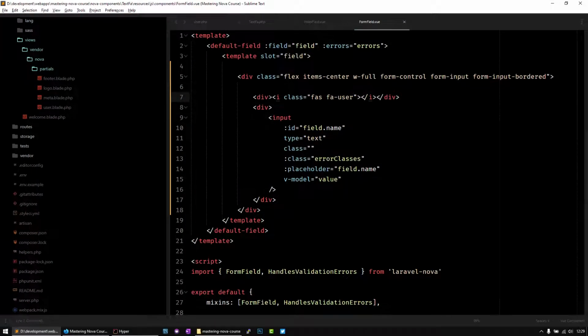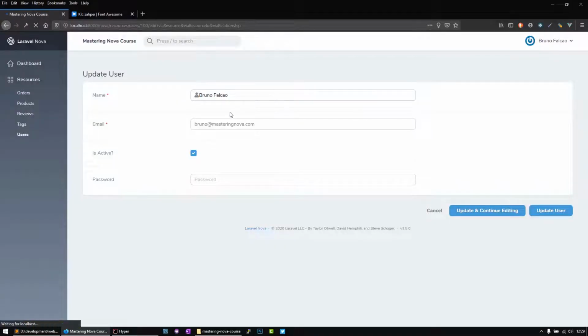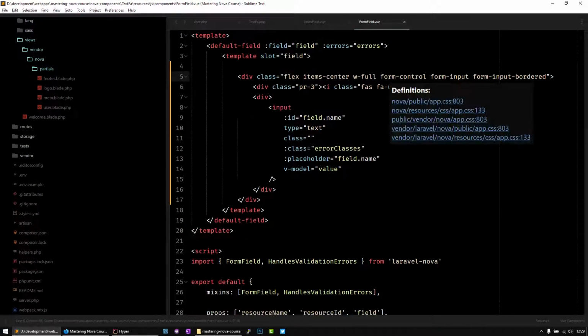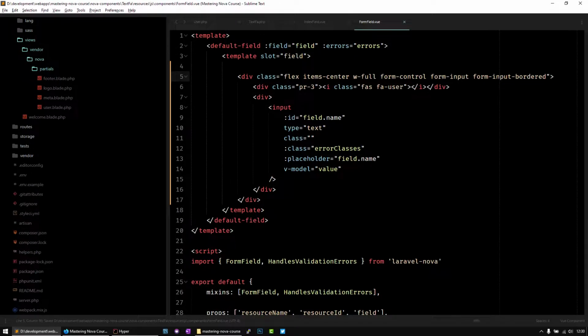Now let's give it a bit of padding. Class PR3. Yeah, good. So the icon and the text are exactly as we want. And we now need to make it dynamic. In this case, we are going to do two things. First of all, we just want this div in case there is actually an icon to show. Well, to do that, just use the normal directive